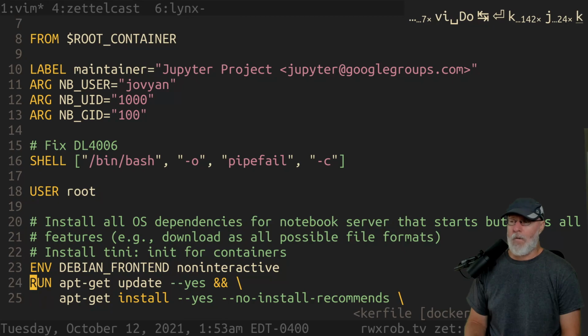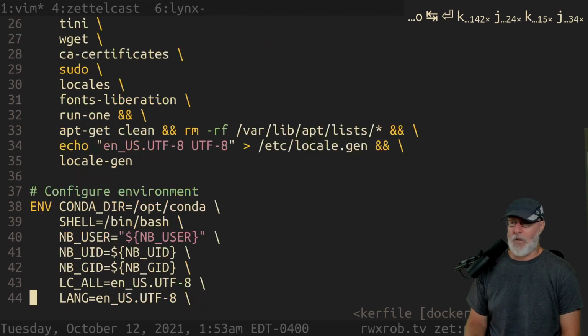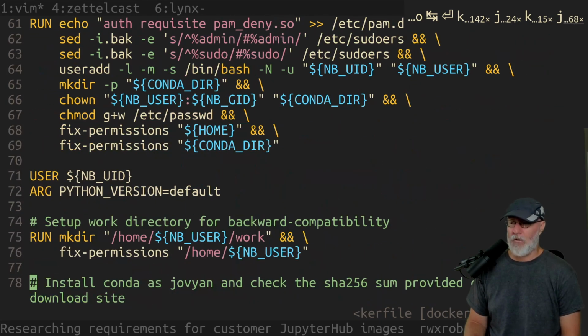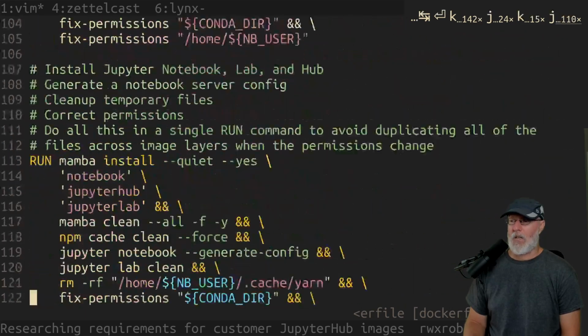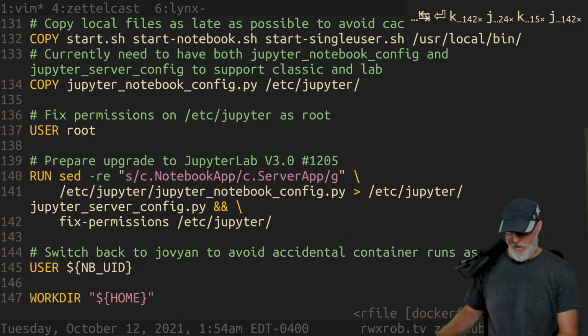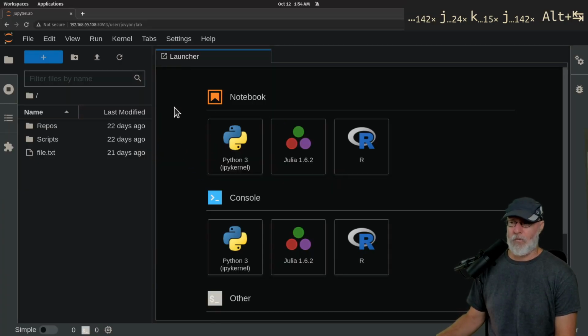You could take this, hack it up, get rid of content and all the other stuff, and it would probably start. But I have a feeling that unless you're actually running Jupyter on here, a bunch of other stuff wouldn't work. There's going to be some sort of communication happening when Jupyter is running